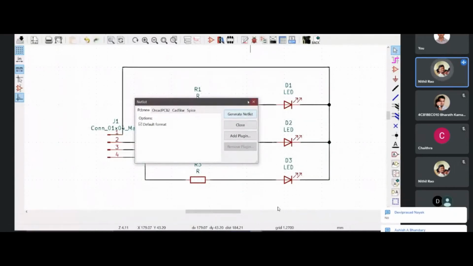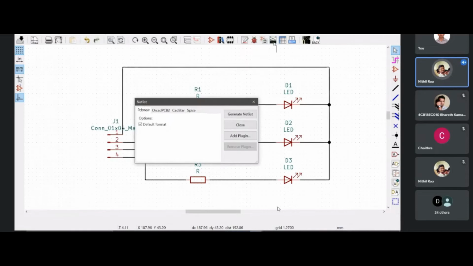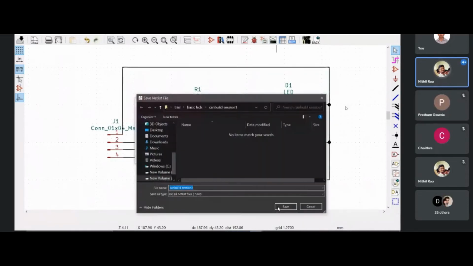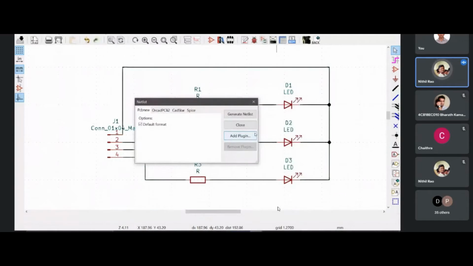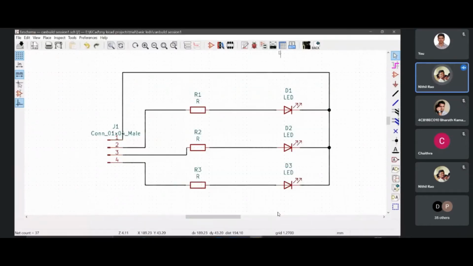All right. So I hope you guys know the reason why I'm doing generate netlist. Till here the procedure is the same. You just have to attach the components and then connect them using wires over here. And now I'm going to create the netlist. The reason why I'm doing this is to shift from 2D to 3D. For that I have to create a path which will link to the 3D components. That is why generate netlist, and you can save it anywhere you want. Okay, just save it. I had to actually give the footprints before creating a netlist.